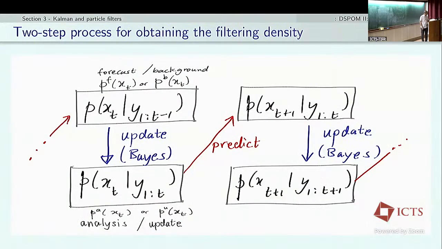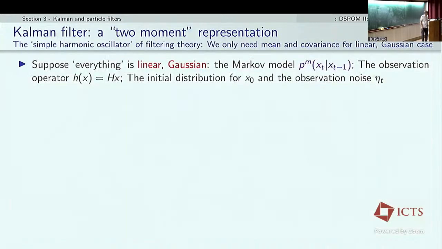This is just a picture for a recursive. Actually, sorry, I thought I had another picture. I have a whole variety of different types of pictures available, but anyway. So, what's the Kalman filter? The Kalman filter is the case when everything is linear and Gaussian. The one-line summary: if the Markov model is Gaussian, the observation operator is linear, the initial distributions are Gaussian, and the observation noise is also Gaussian, then